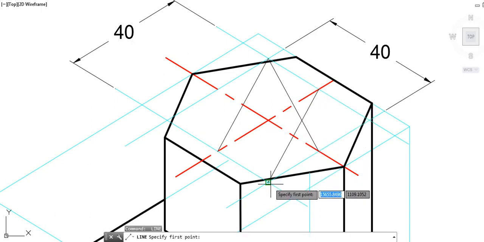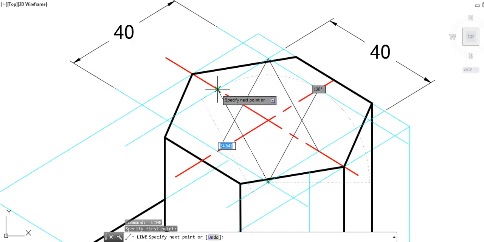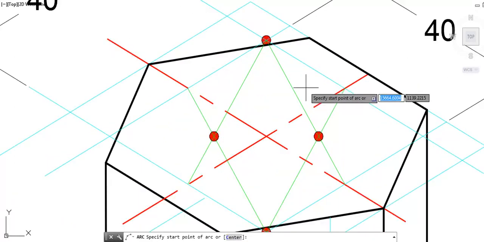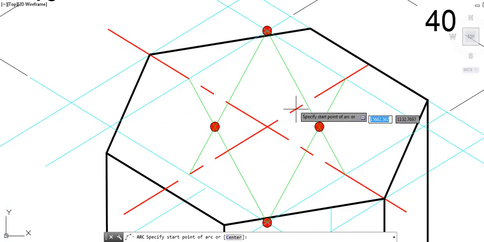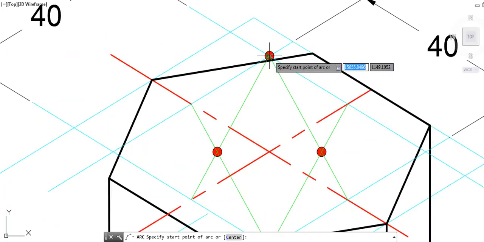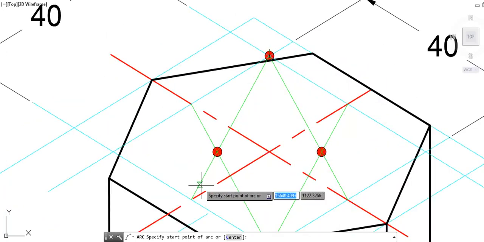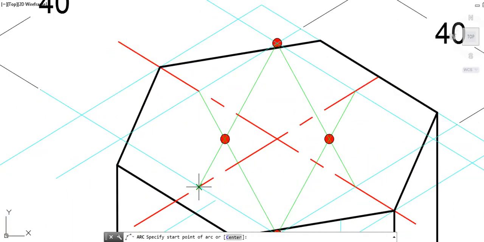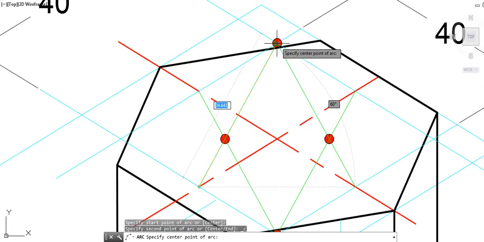And the points obtained and important points, let me highlight. So that is how I have highlighted 4 important points. So using this particular point and considering this as the radius, I am going to start to draw an arc from this point. Of course this is the center. I'll draw it up to this point. So that is how my first arc is obtained.